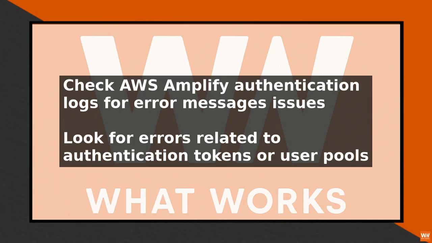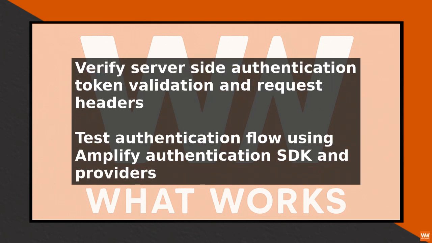Finally, verify that the authentication token is being validated correctly on the server side. Ensure that the server is configured to validate the authentication token and that the token is being passed correctly in the request headers. By following these steps, you can troubleshoot AWS Amplify authentication issues and resolve problems with the authentication